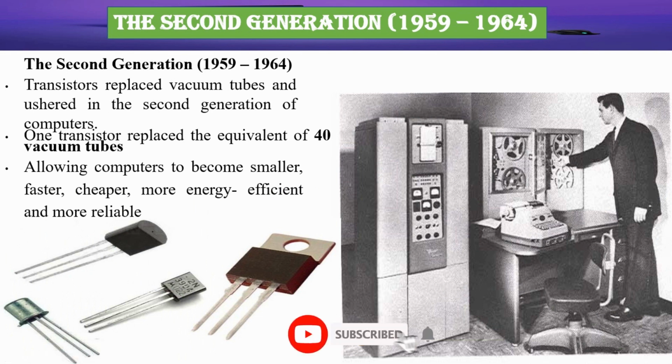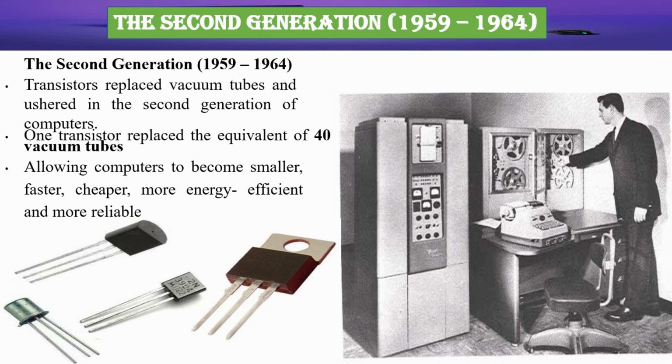Second generation computers started between 1959 and 1964, where transistors replaced the vacuum tubes and ushered in the second generation of computers. One transistor replaced the equivalent of 40 vacuum tubes, allowing computers to become smaller, faster, cheaper, more energy efficient and more reliable. This is a typical example of second generation computers. Their size had been reduced, and this is an example of transistors that are used in second generation computers